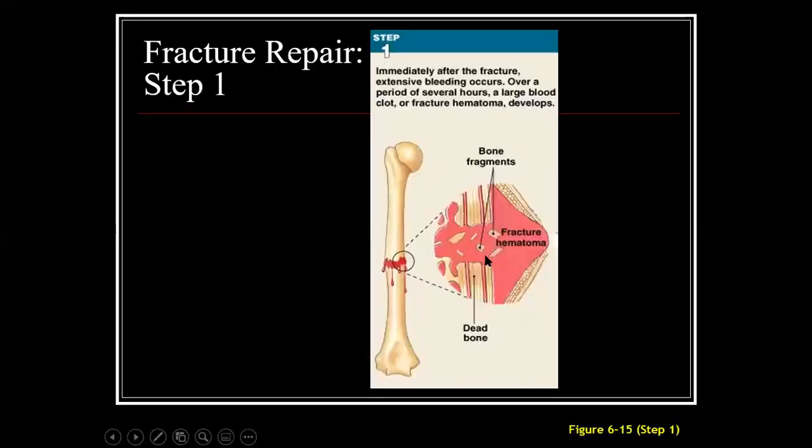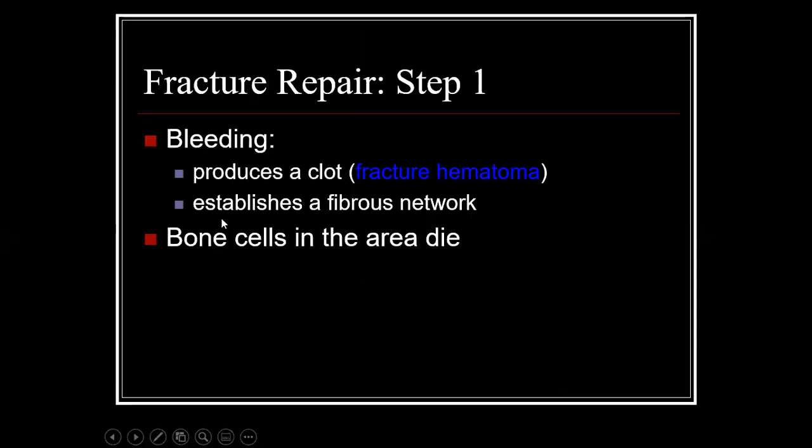Fractures are repaired in 4 steps. There's your crack in the bone. That's not a happy fracture. But extensive bleeding occurs because your bones are vascularized. Also, they hurt because you're innervated as well. Over a period of several hours, a large blood clot or fracture hematoma develops, okay? So you kind of want that to happen. This establishes that fibrous network because remember, specifically, blood also is a connective tissue. And one of the things blood can do is it can clot up by forming fibers. So you establish a fibrous network. The bone cells in the area die,